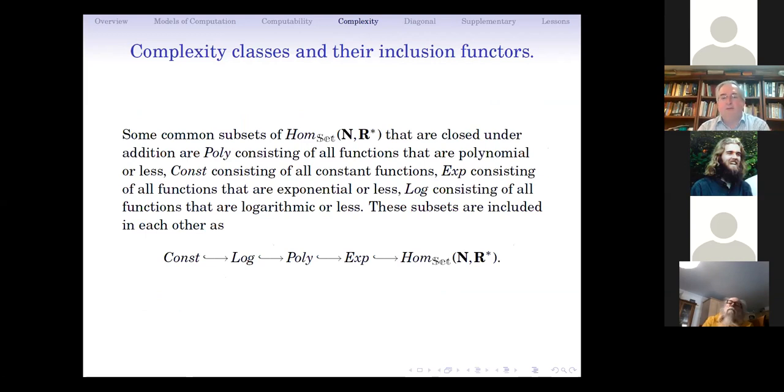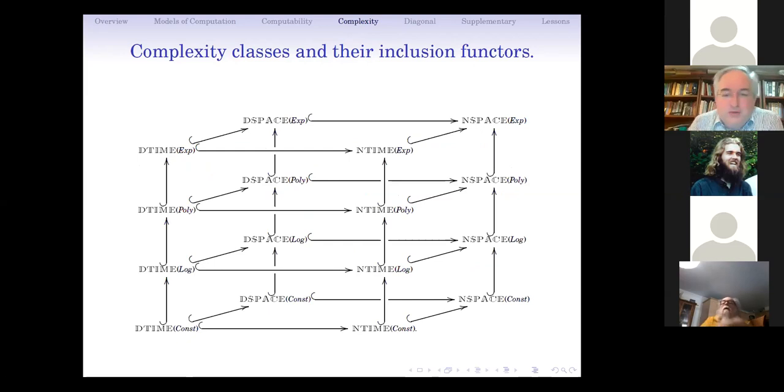Now, let's talk about some more interesting subsets of this rig. Okay, that's a rig. Okay, there are constant functions, there are logarithmic functions, there are polynomial functions, there are exponential functions. All of them are subsets, and what you get is this whole